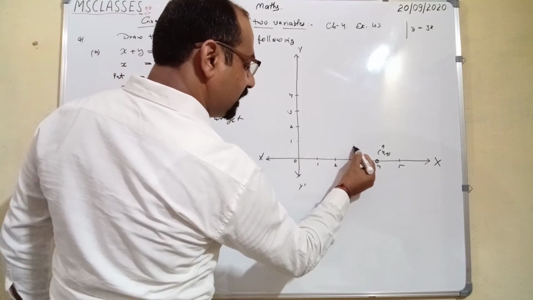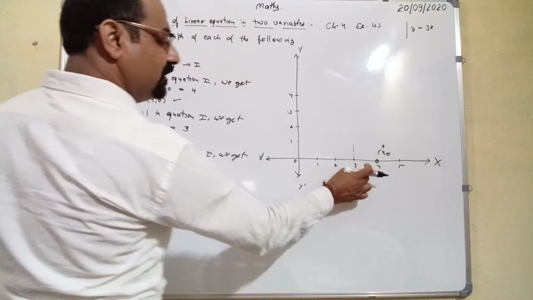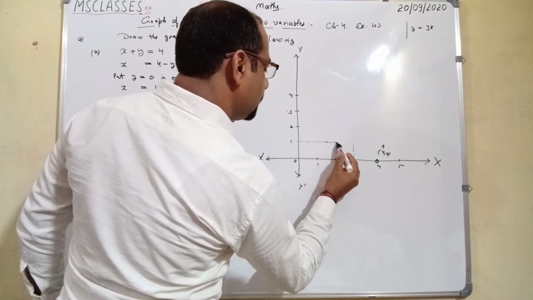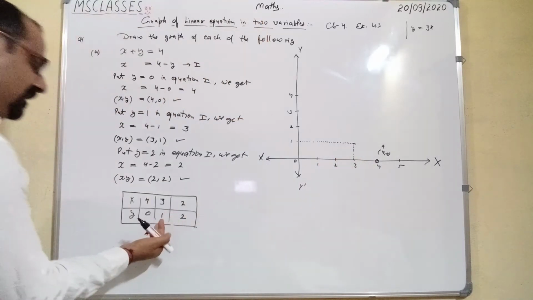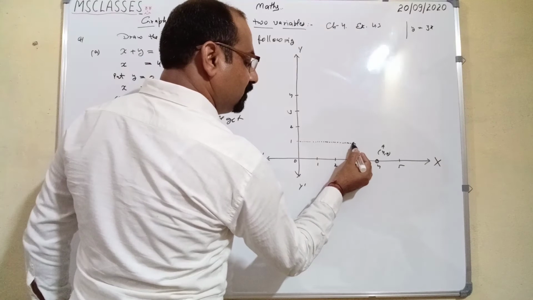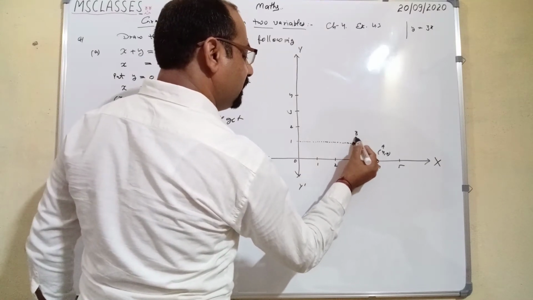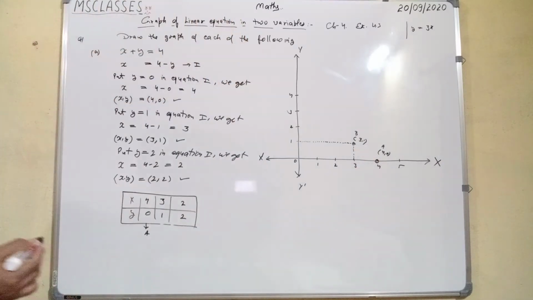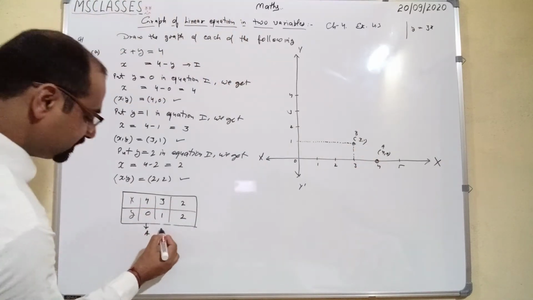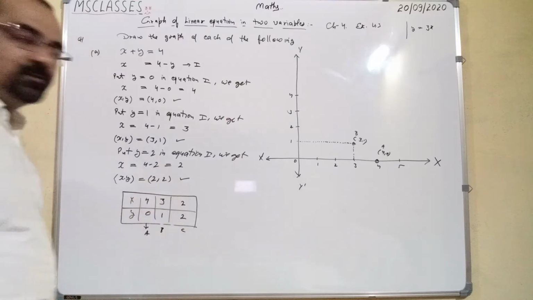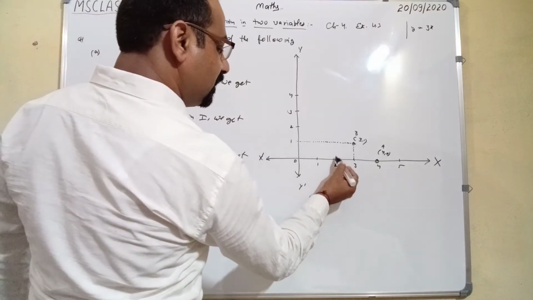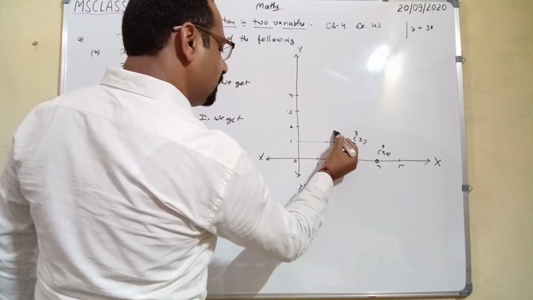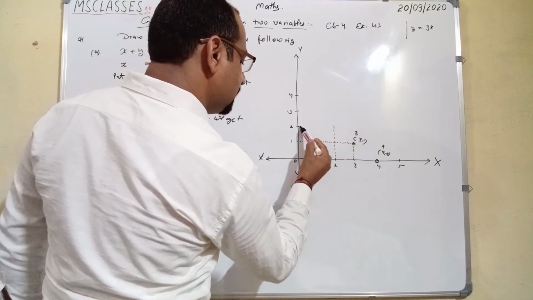You have to plot the perpendicular on 3, that is the value of x, and again plot the perpendicular on y, that is 1. Here both meet. This is the point B and this is 3 comma 1. Right. Now your third point is C. So this is 2 comma 2. Now make a perpendicular on 2 toward the positive direction, and this perpendicular meets the next, that is again 2.